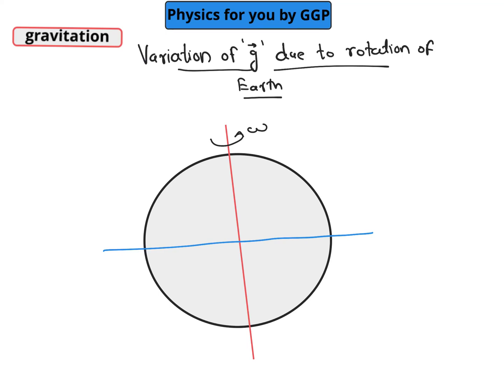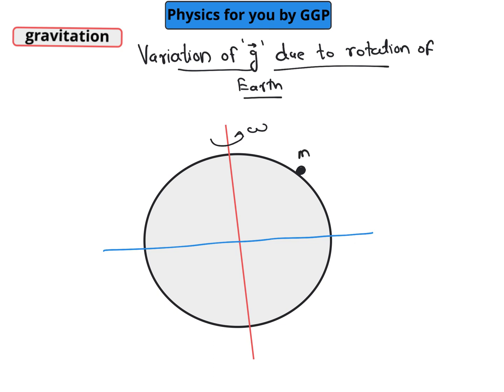I will discuss the variation of acceleration due to gravity due to rotation of Earth. So consider that Earth is rotating about an axis passing through its pole with an angular velocity taken as omega. If you are just considering a particle on the Earth's surface, let's say a particle of mass m over here,